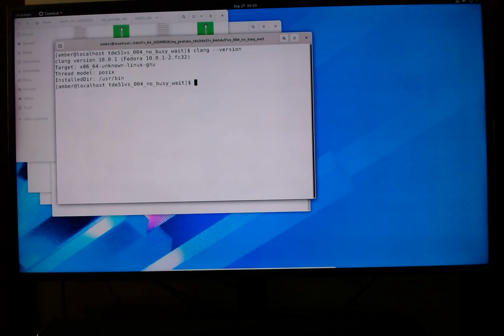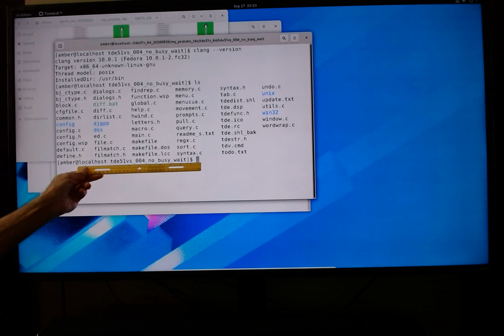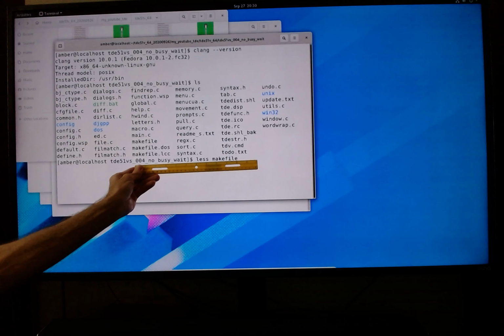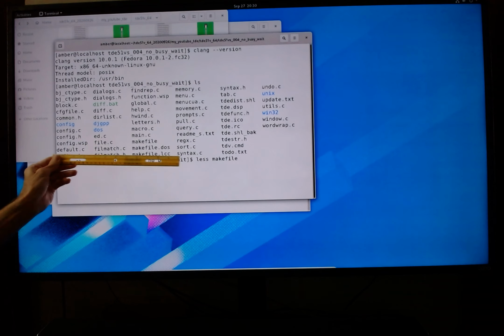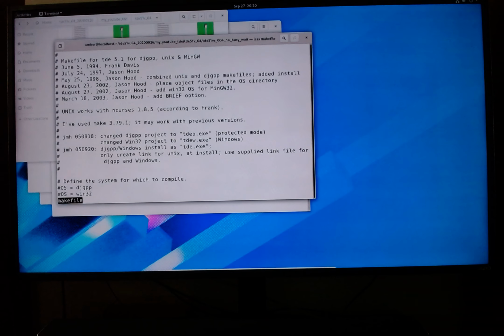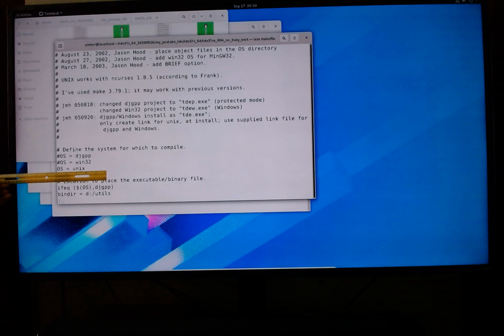All right, let's see what we got here. Yeah, and I am in my directory to get rid of those busy waits. I'm doing less on the makefile. Let's just look at the makefile with that less command. We're going to compile on the Unix system,